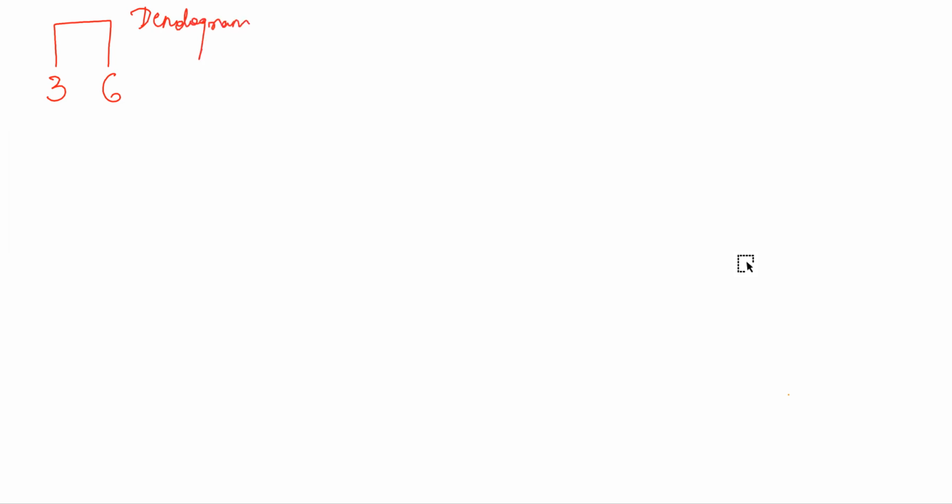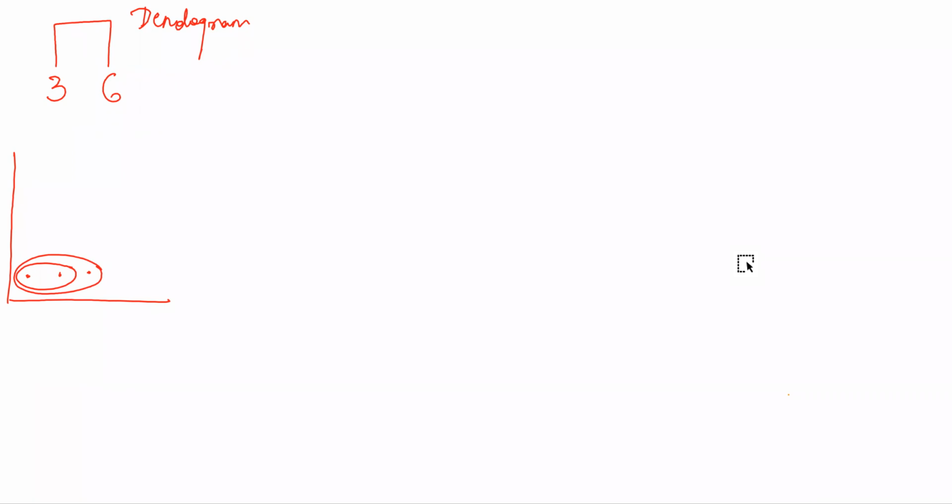Okay, so next I have to identify if there is any point that is very close to these two clusters, like we had told you, right? If I have 2 points and I formed a cluster, I will see if there is any other point nearby with which I can form a cluster. So I have to check from 3, 6, is there any point that is close by? How do I do that?